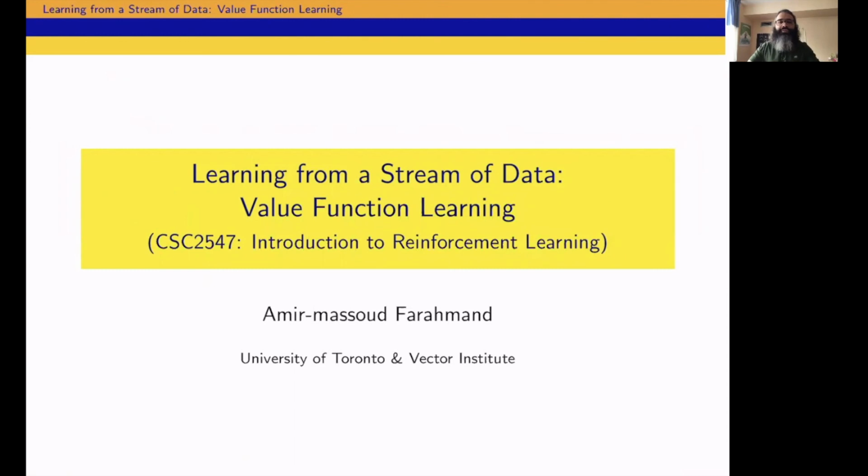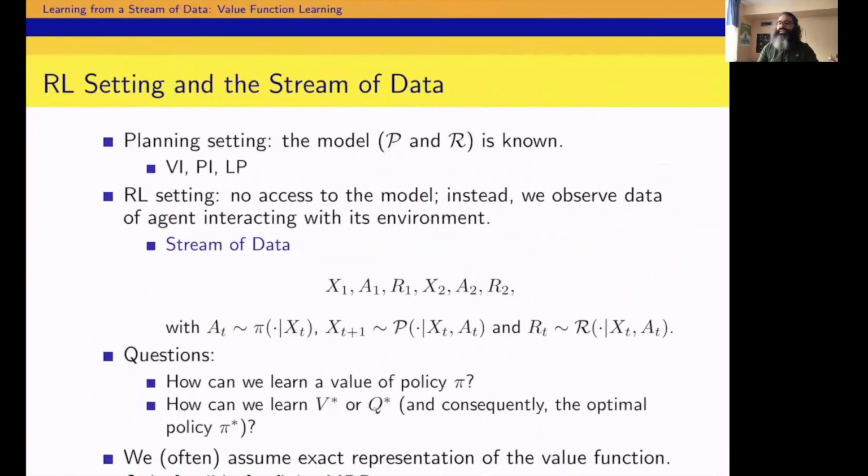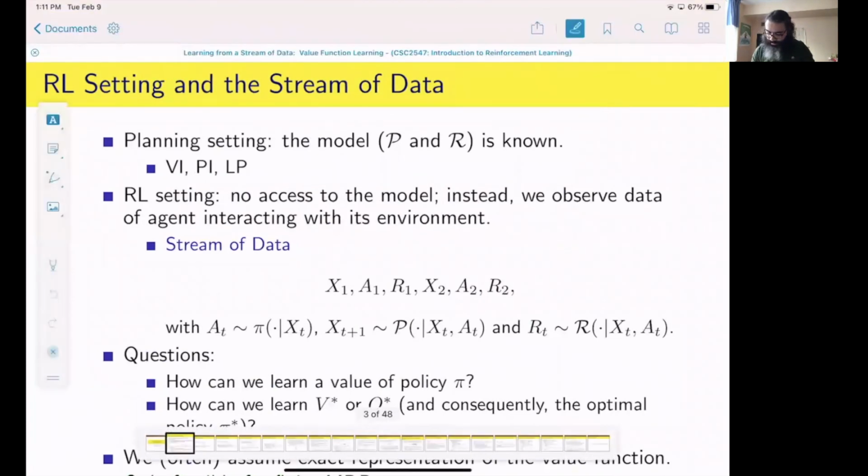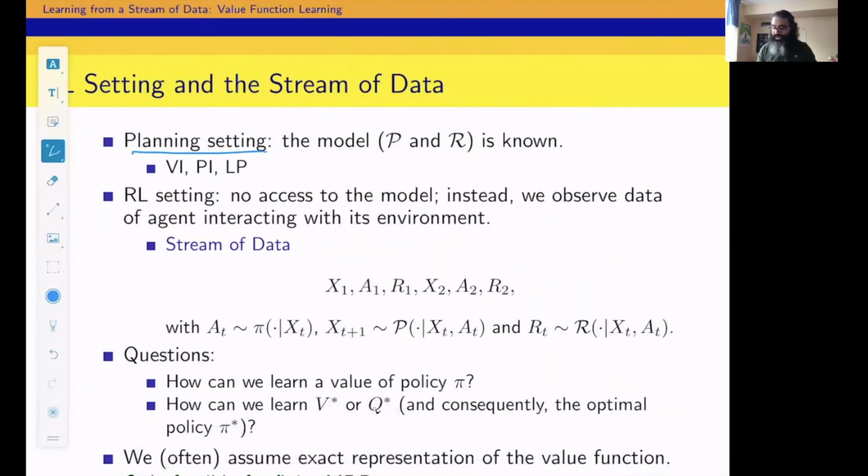Today's topic is about learning from a stream of data, and particularly how we can learn a value function if we only have data. So previously, we've seen cases where we know the model, like P and R, and we wanted to find a value function for a policy or the optimal value function. Previously we had the planning case, and we saw methods like value iteration, policy iteration, and